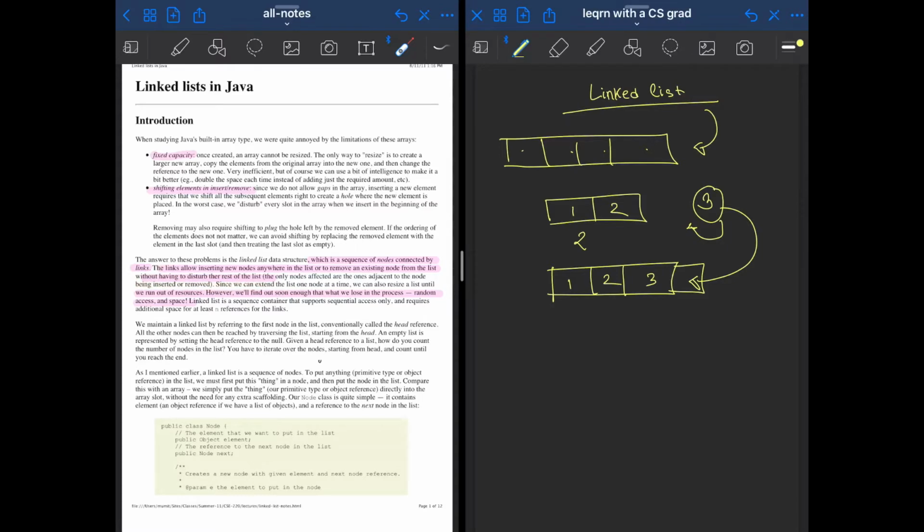So to better understand linked lists, we can use the concept of chains, right? Let's say this is a box, and this box is connected to another box, and that box is connected to another box, and inside these boxes or blocks you have some value. Let's say we have some balls here, and these blocks are connected to one another, and let's say you have another new box with another new ball, and you want to add this to that chain. So what you do, you just extend that last box